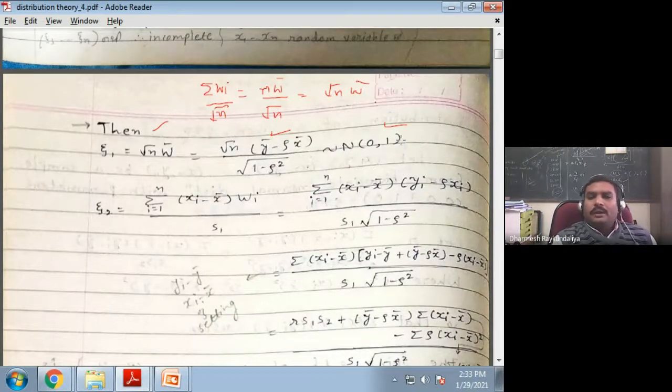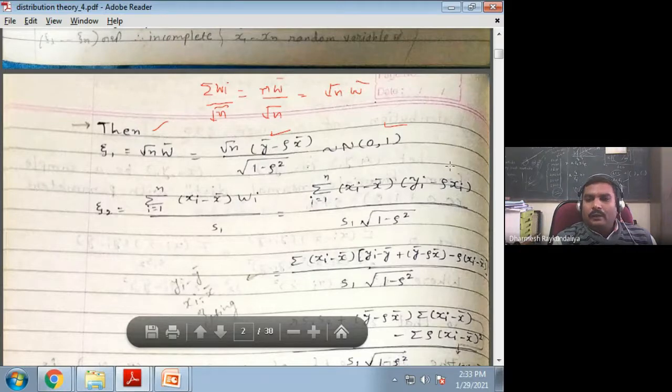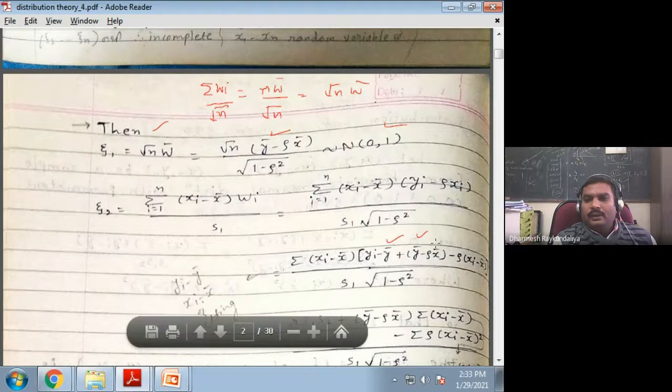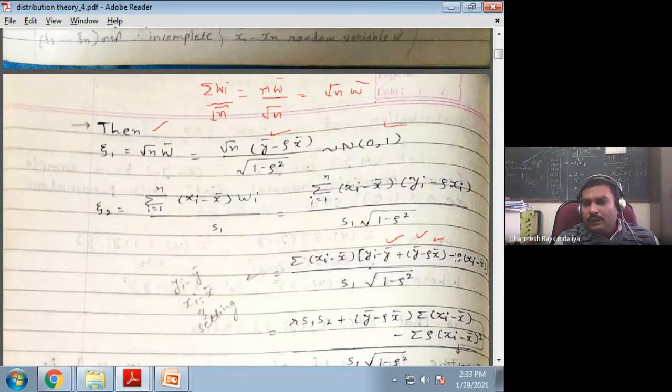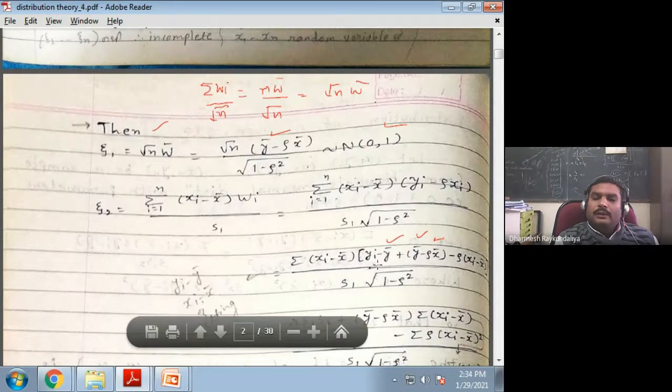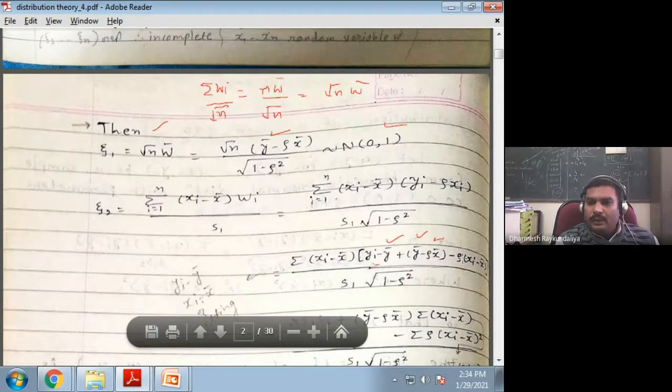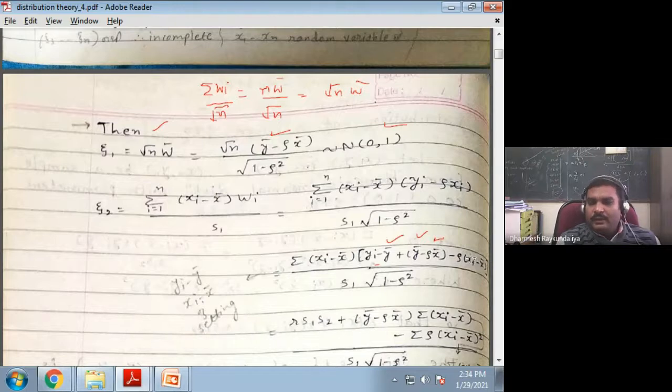So what I do, I just keep this outside. Here I have made some adjustment. I have subtracted y bar, then I have added y bar. Then I have subtracted rho x bar, then plus rho x bar. So subtracted and added. So it is yi minus y bar. This is the y bar I have, and rho x bar I have here. So it is y bar minus rho x bar, and this is minus rho (xi minus x bar).